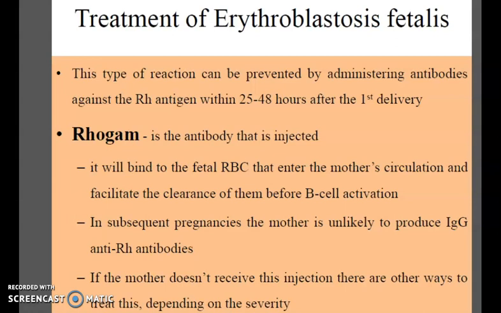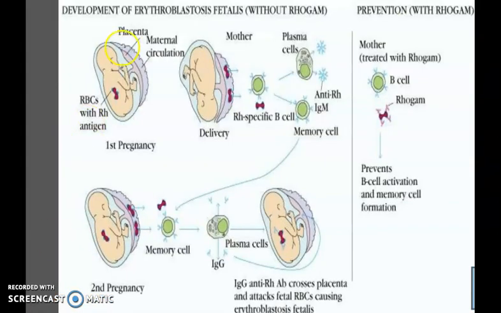If the mother doesn't receive this injection, there are other ways to treat this depending on the severity. This image shows the development of erythroblastosis fetalis without Rogam and the prevention with Rogam antibody. So when an Rh positive baby is born to an Rh negative mother for the first time, the baby will be safe even without the use of Rogam, but